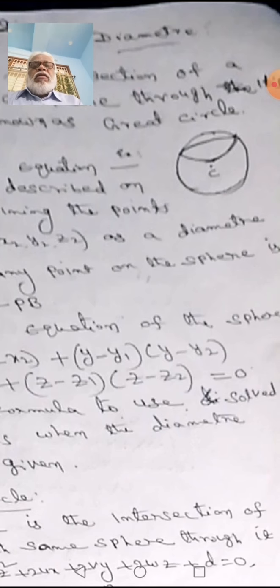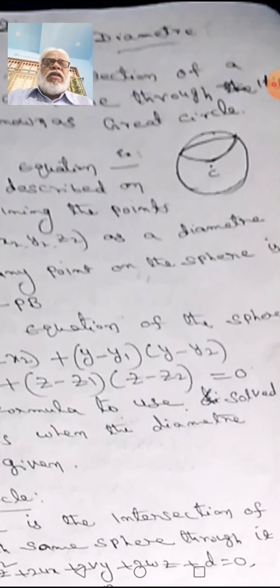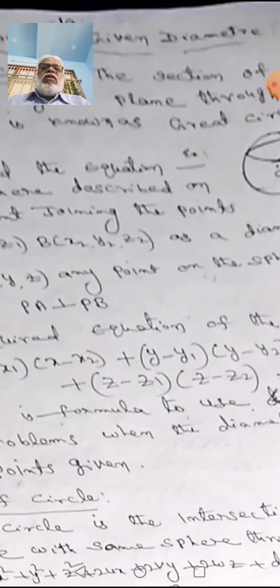Suppose we know the equation of the circle, that is together the plane and sphere. So the plane equation is there and the sphere equation is there, then together they are a circle equation. If a plane intersects the sphere and that plane passes through the center of the sphere, that circle is called a great circle. Otherwise that is not a great circle, that is called a small circle.